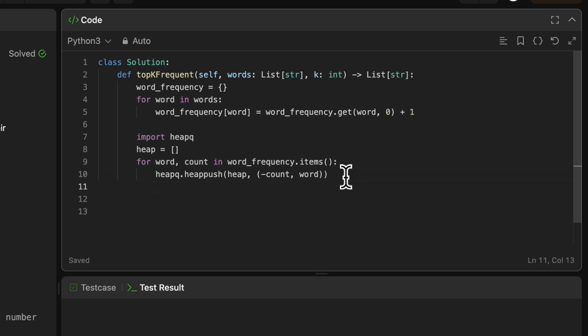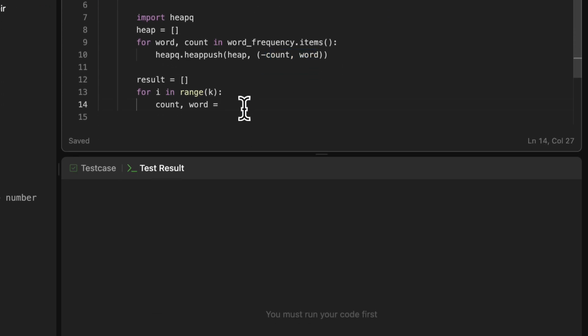Alright, so we have added all the items to the heap. Now we can take our result array, and since it's a max heap, the topmost item is the one with the maximum frequency. So what we can say is for i in range k, we are going to pop out one item from the heap and add it to our result. We can say count, word. Why count, word? Because we have added the tuple in this fashion. It is equal to the heap queue dot heap pop